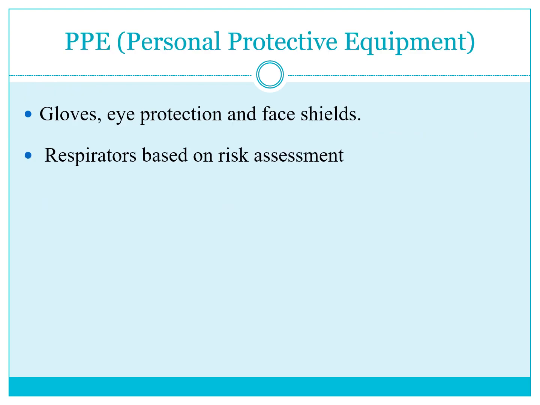How to protect ourselves? By using gloves, eye protection and face shields, in case we are at risk of exposure to xylene, methacrylates or other chemical components. Respirators are also used as PPE, personal protective equipment.